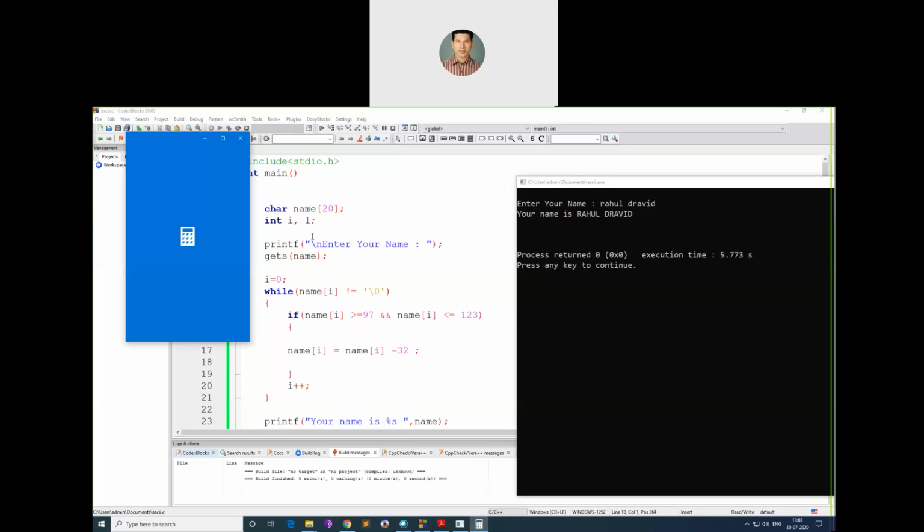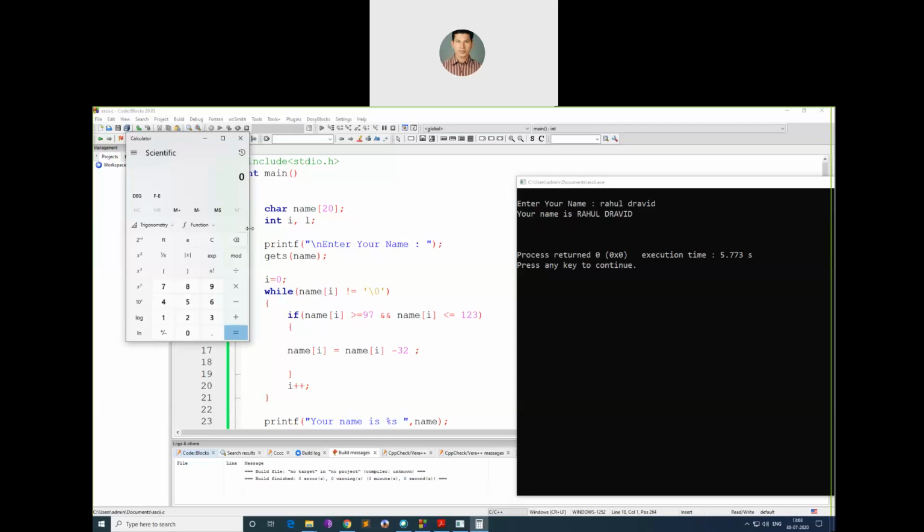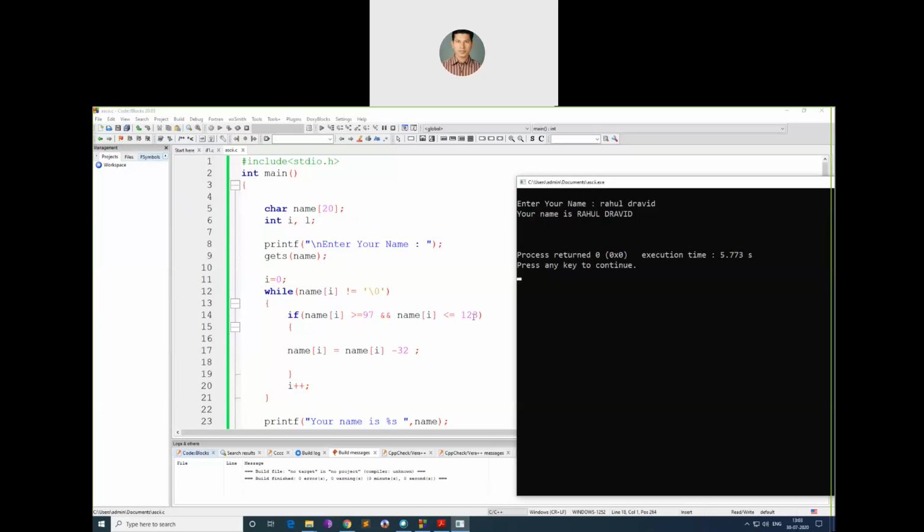See this, 97 plus 26 characters is equal to 123. Okay, it's equal to 123, but it should be I think 122 because it starts with 0. First character 97 is a, and the last character is 122 or 123 something. Okay, got it? Understood?